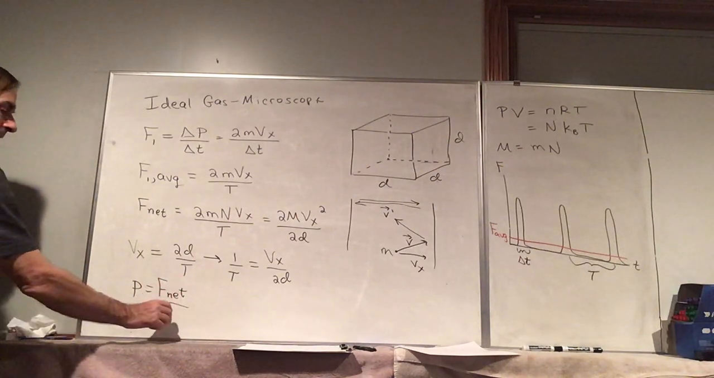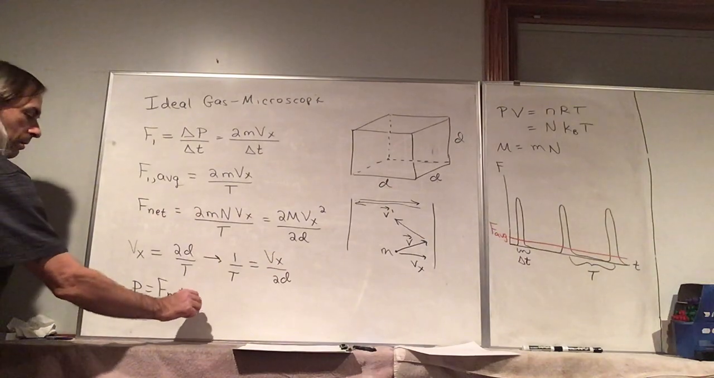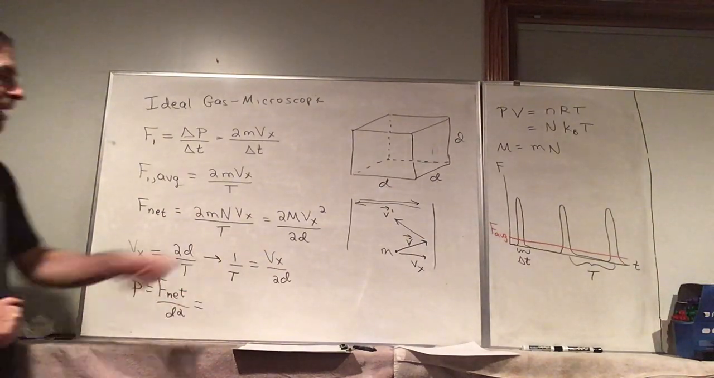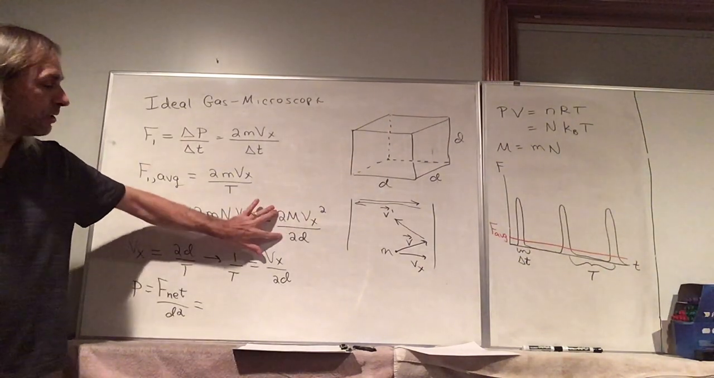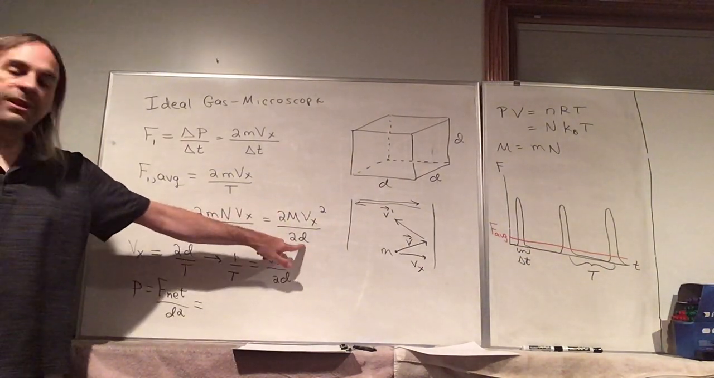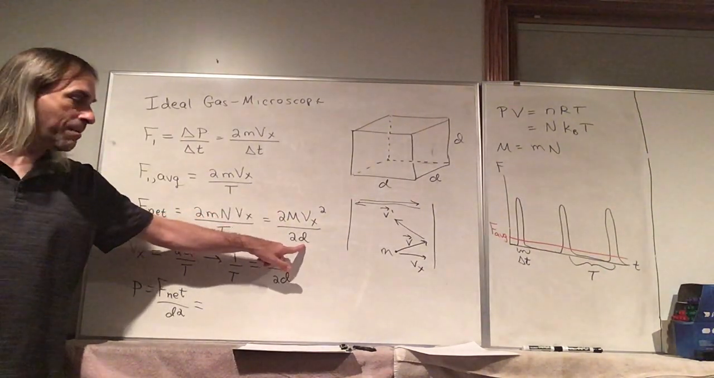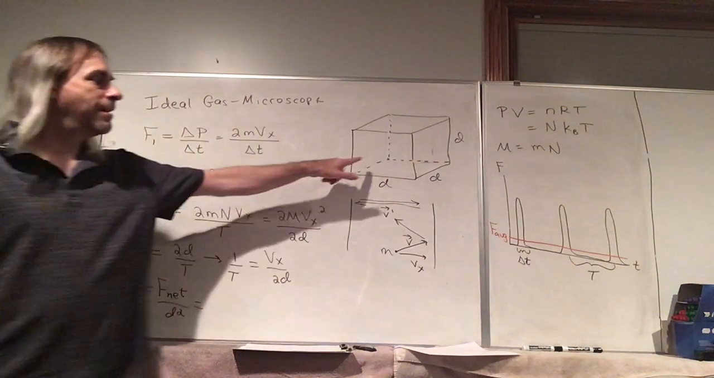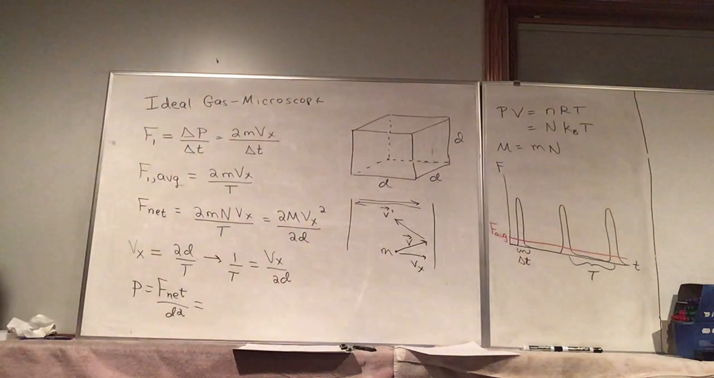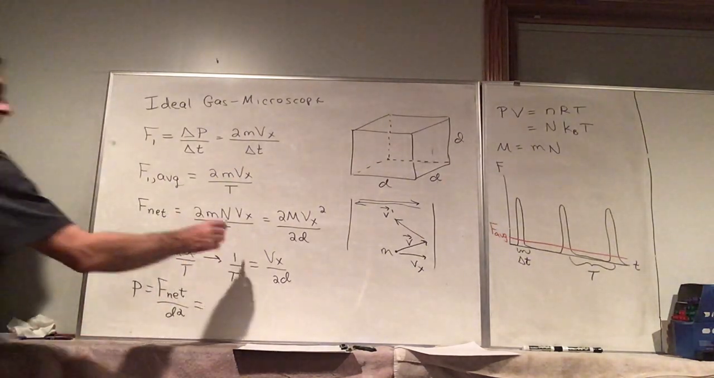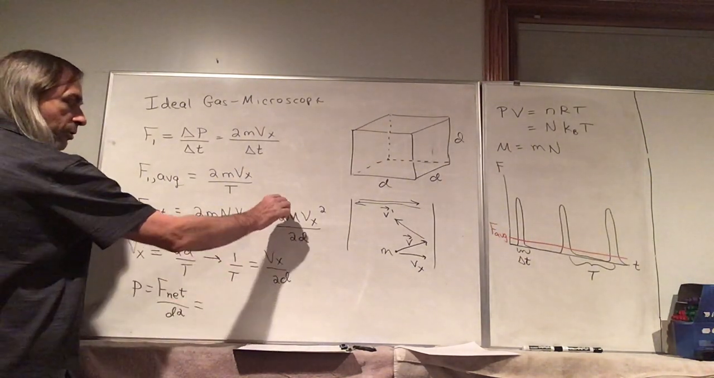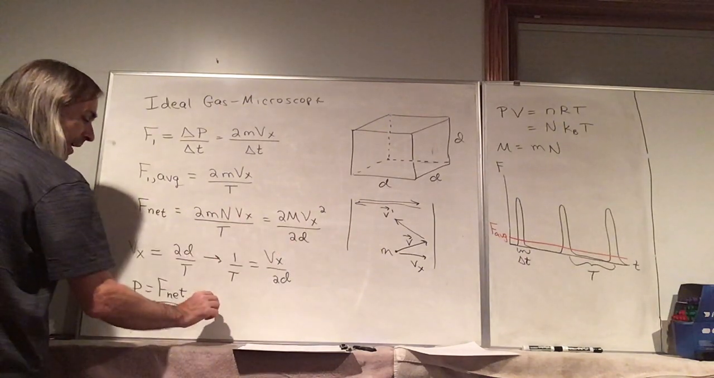And the area is d squared. So if we multiply the net force by d squared, the 2's are going to cancel out. We'll have a d squared and times d in the bottom, that's d cubed. That's the volume of the box. And I'm out of room, so I'm just going to write this down in one step, where the 2's cancel. So we have m